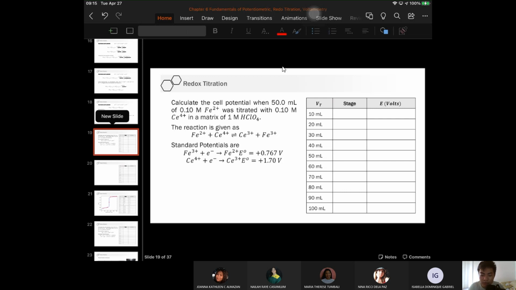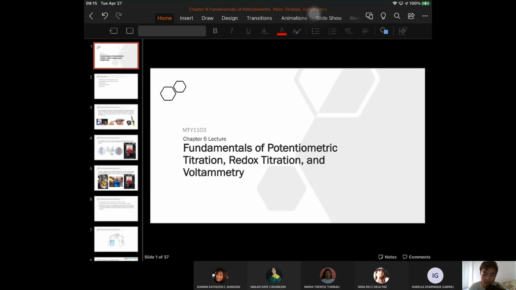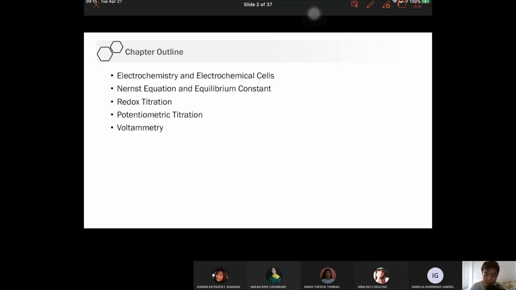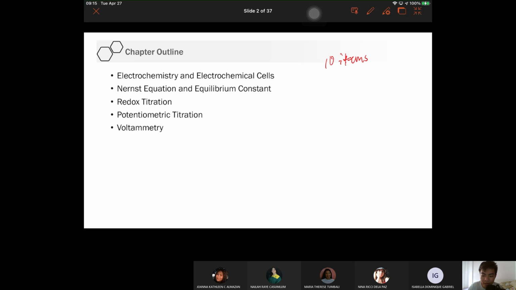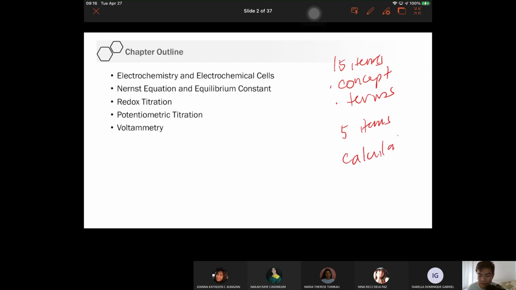So, how would the quiz go, no? Ganito yung mangyayari sa quiz natin. So, of course, marami tayong terms, no? So, expect 10 items. And wag na natin gawin 10 items. Gawin na natin 15 items. Concept and terms. Okay? Kasi yun yung marami dito, concept pati terms. And then 5 items lang yung calculation. Okay? So 5 items na lang yung calculation. Para hindi kayo masyadong mabigatan. Okay? Para mas marami kayong mababawi sa concept and terms.